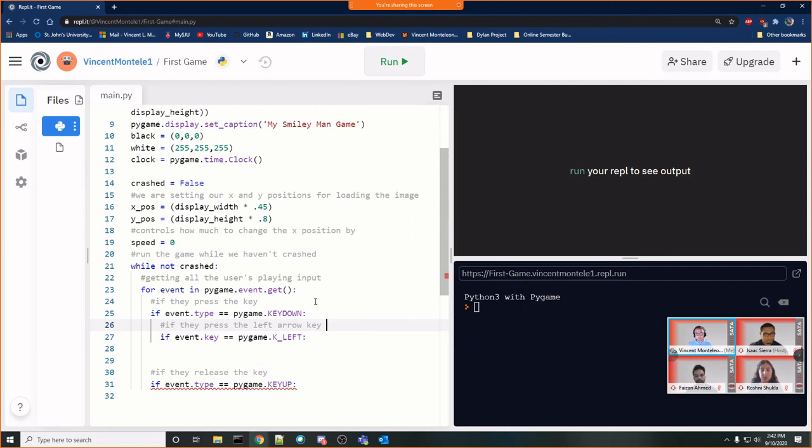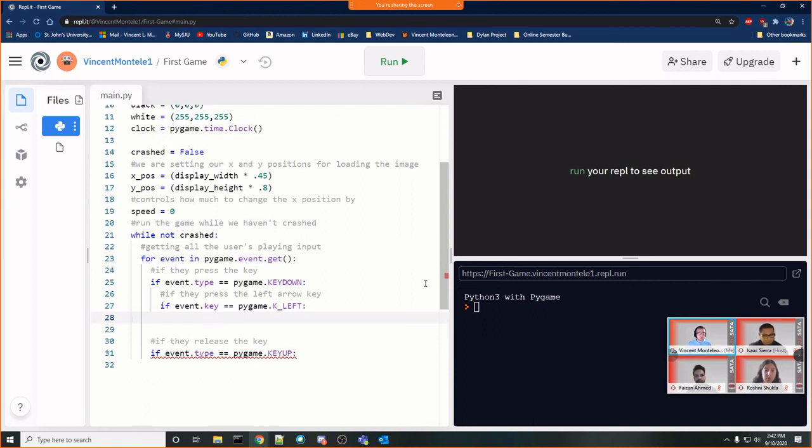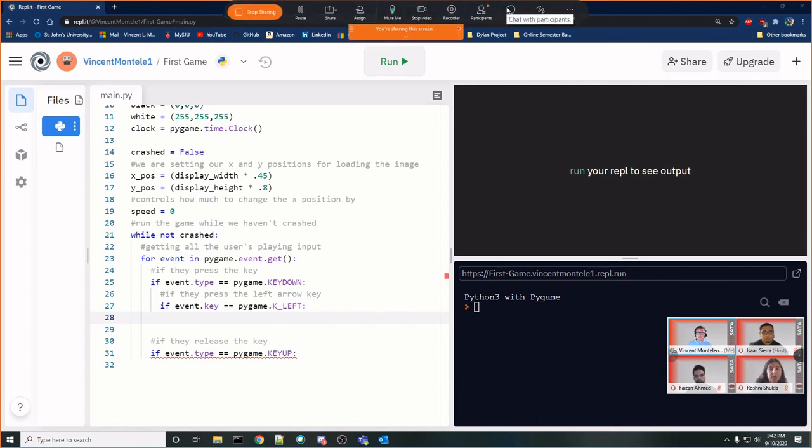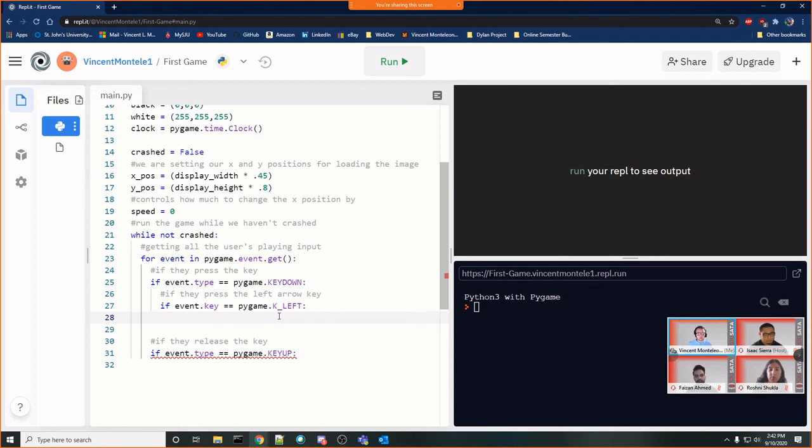And if you guys are getting confused, I highly recommend reading the hashtags I'm writing and the lines after, those are comments. For anyone that's not familiar with comments in programming, none of these will run. This is just for me to make sure I'm understanding what I'm doing. So if you're getting a little lost, if you're not asking questions inside of the chat, read my comments to make sure that you understand what's happening. All that we're doing right now is basically setting it up so that we decide what we're going to do based on the key that they pressed.